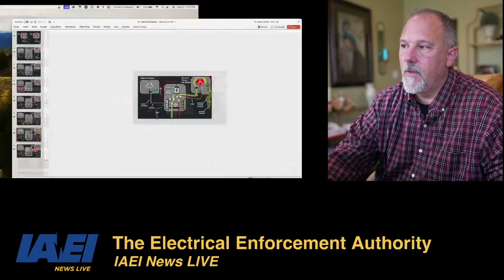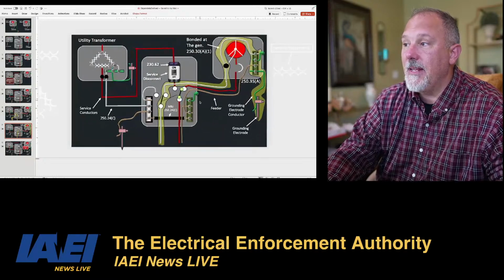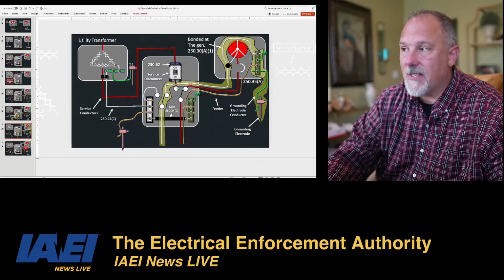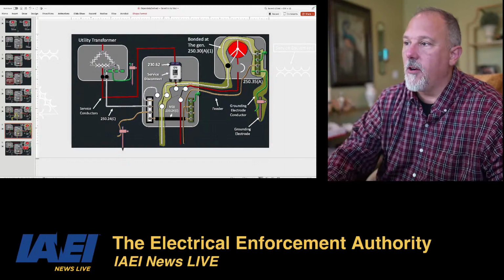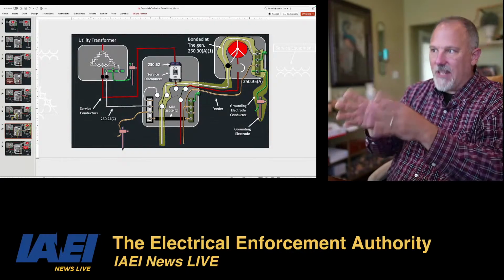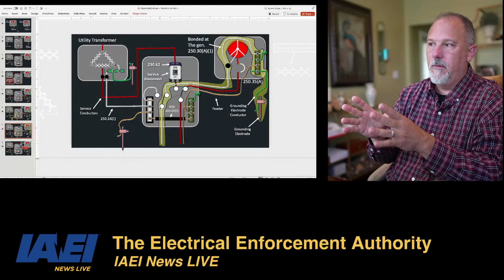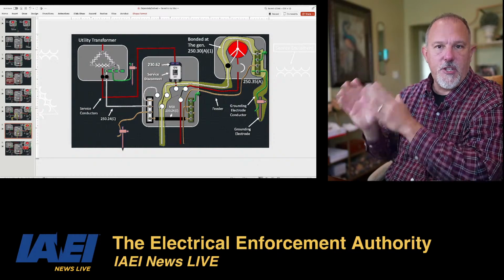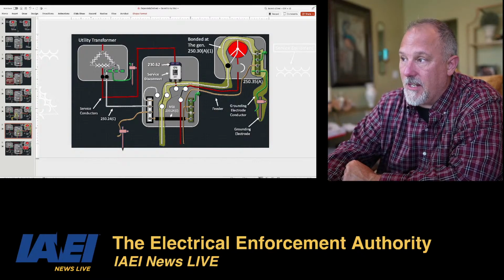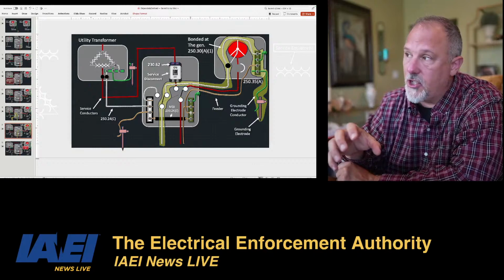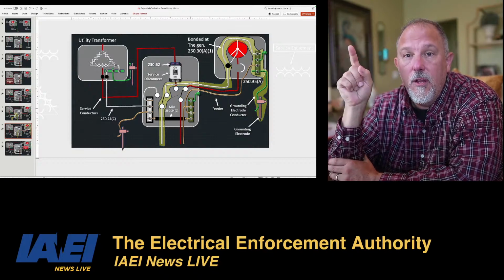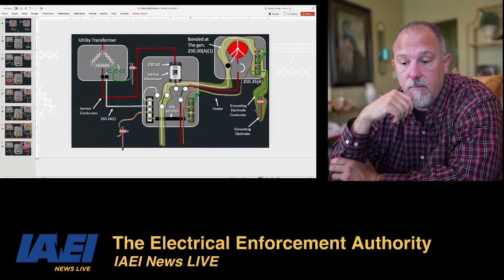Here it is. I am completely separated from this other source, which is the utility source. My red, my phase conductors, I am switched over to the generator. My grounded conductor, I am switched over to the generator. The only thing I'm using this transfer switch for is to supply power from the generator. I'm bonded with the equipment grounding conductor. I am bonded to the enclosure of the transfer switch. And I'm showing a conductor. I could be grounding through rigid metal conduit, RMC. All right?